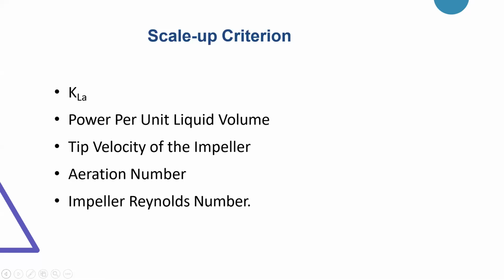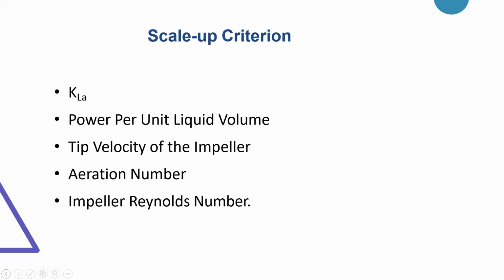The second parameter is power per unit volume. Suppose you were supplying 1000 watt per liter of the fermenter. When you are going for the scale up, you have to ensure that this same ratio is maintained, 1000 watt per liter. So even if you have taken a process from 5 liter to 1000 liter, you have to scale up the power requirement accordingly. If a culture of 2 liter required a power of 2000 watt, similarly you have to see what the requirement will be for a 100 liter fermenter at an industrial scale.